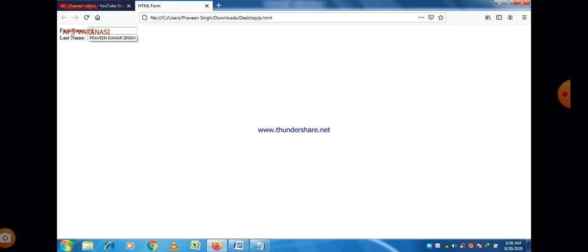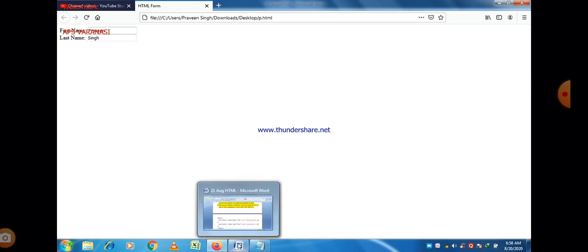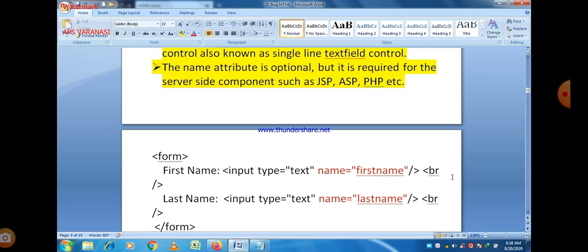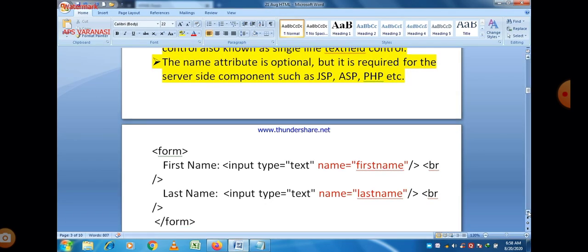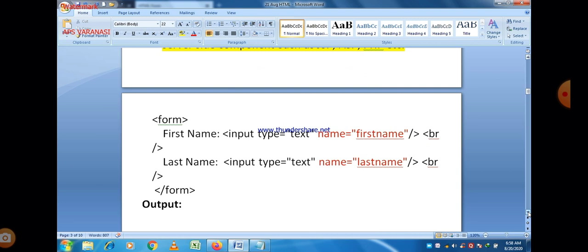And you can fill these fields, as I give here first name Praveen and last name Singh here. So you can type your first name and last name here, but we cannot submit this form now.